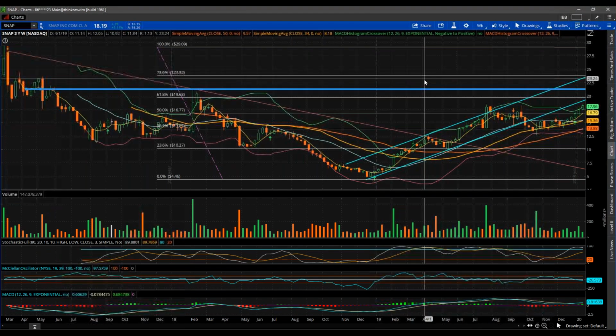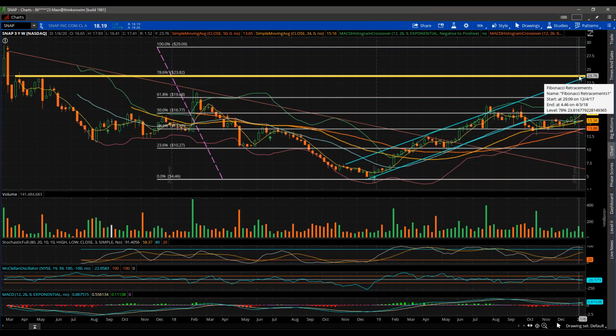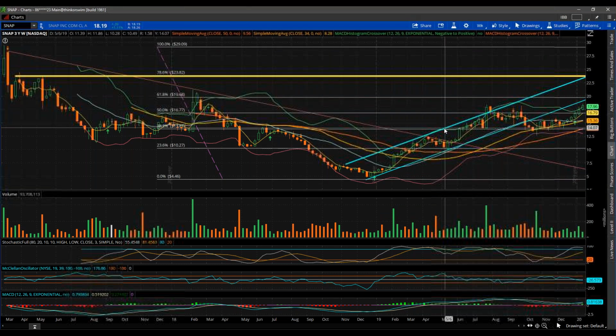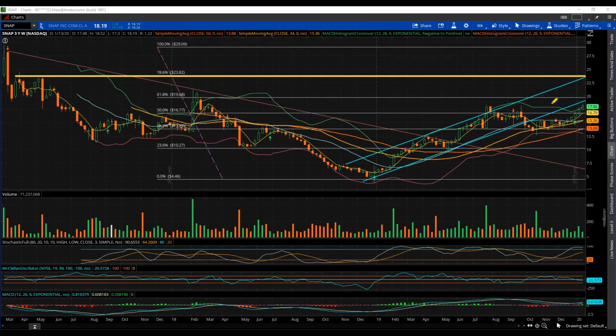Looking at this here, the stock has room now. I'm just following the Fibonacci retracement. So the stock has room basically to move up to 24. And here's your uptrending channel. So if the stock breaks out over 19, then it's back in this zone. See, this is the channel the stock was trading in before it fell apart, right? And so now this is a very good looking chart, and the stock could very well be at